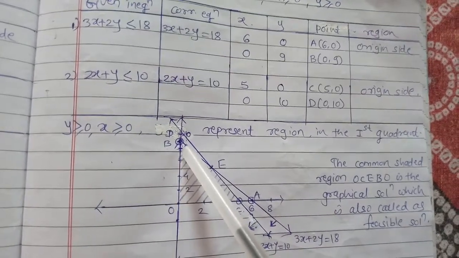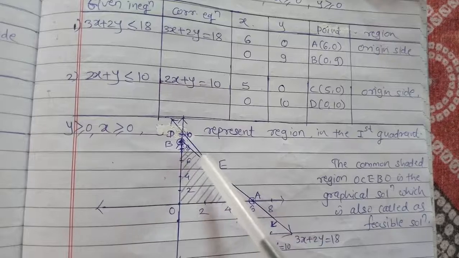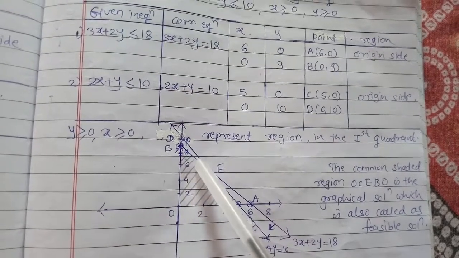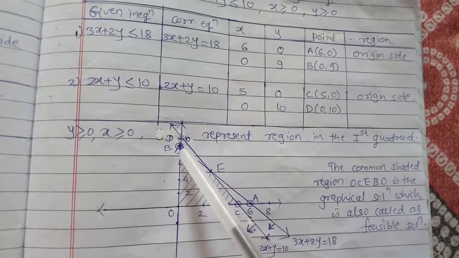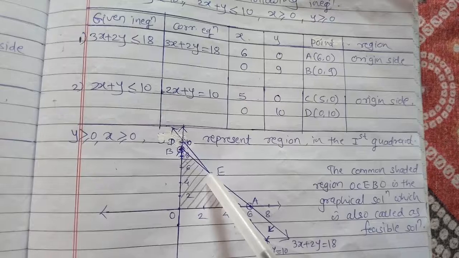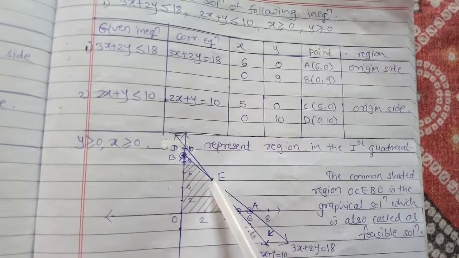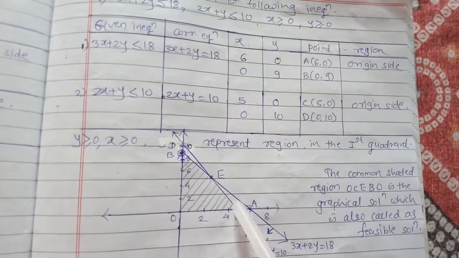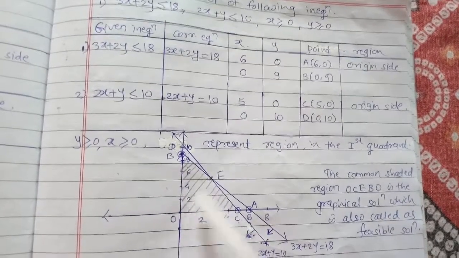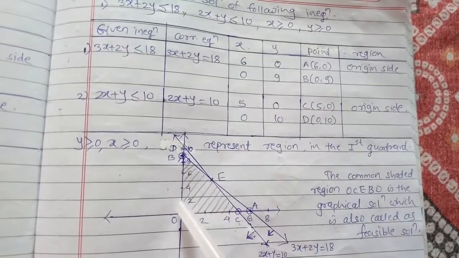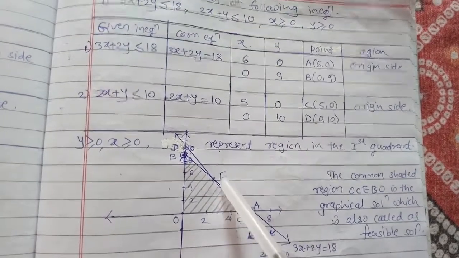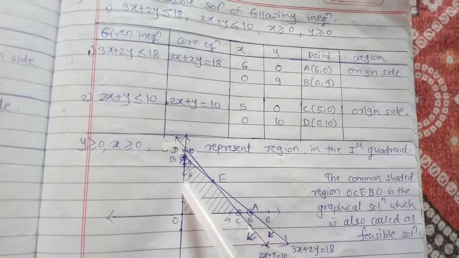So you have to draw the lines which are nearer to the origin. On this line, see this part of the line, that is BE. So I start from B and go up to E. Again here, E up to C, CE and EB. So this part means these lines, and this total part is bounded. Which part? That is O, C, E, B and again O.